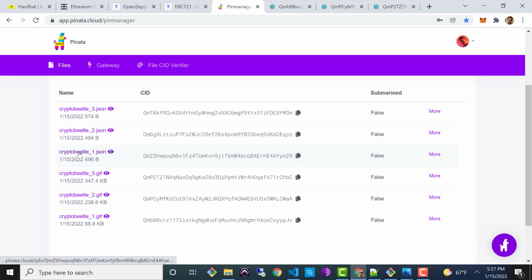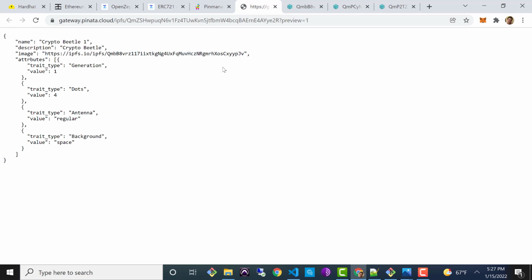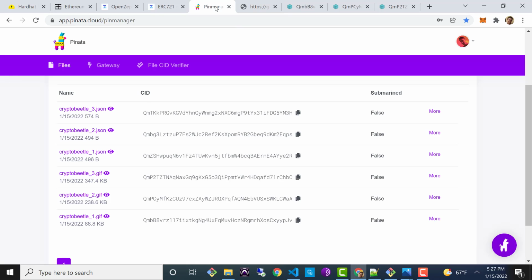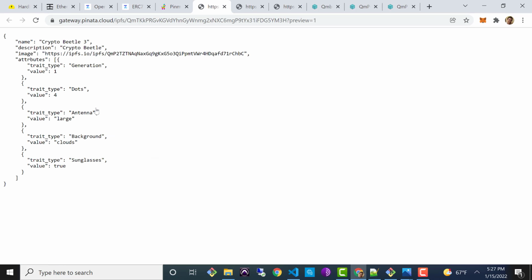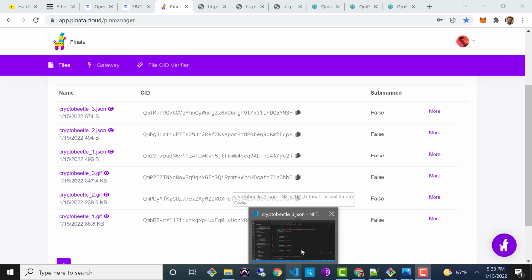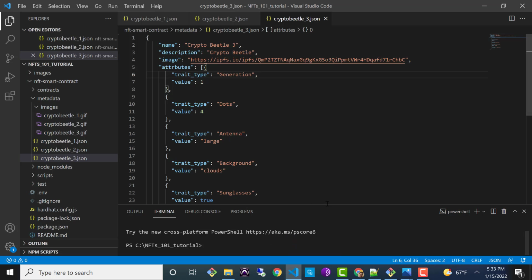Let's just do a quick sanity check. Make sure that we've got, yep, there's the JSON that we entered. Let's check the second one. And let's check the last one. Great. All right, so far so good. So our next step is going to be to write our deploy script in order to deploy our smart contract